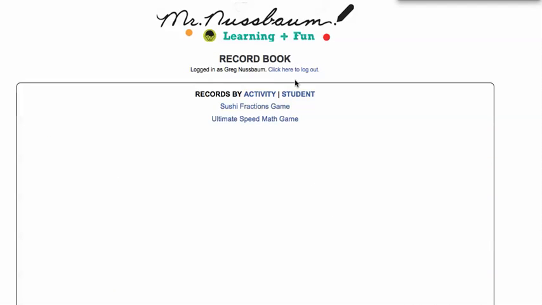My record book can be sorted by activity or by student. If I click on any of these, it's going to show me all the students who have played these activities and all of the scores, and it'll break down into a lot of different statistics. For me, it might be a little bit more useful to go by student. So let's start off by student. So I click there,